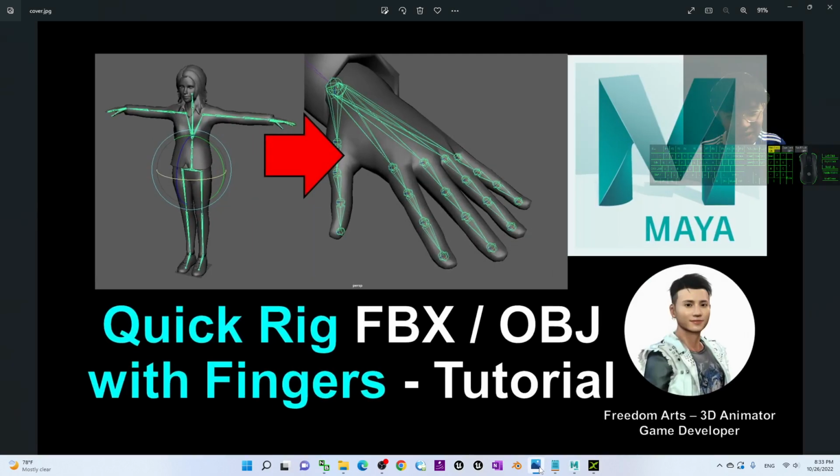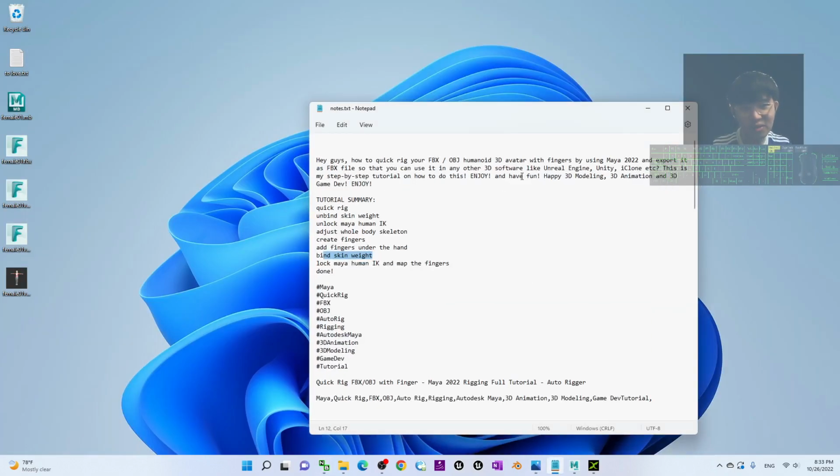And for this tutorial, we already successfully performed the quick rig for any of your FBX or OBJ file with fingers. And then you can use it in any other 3D modeling software or any of the game engines like Unreal Engine, Unity, or the 3D animation software like iClone.